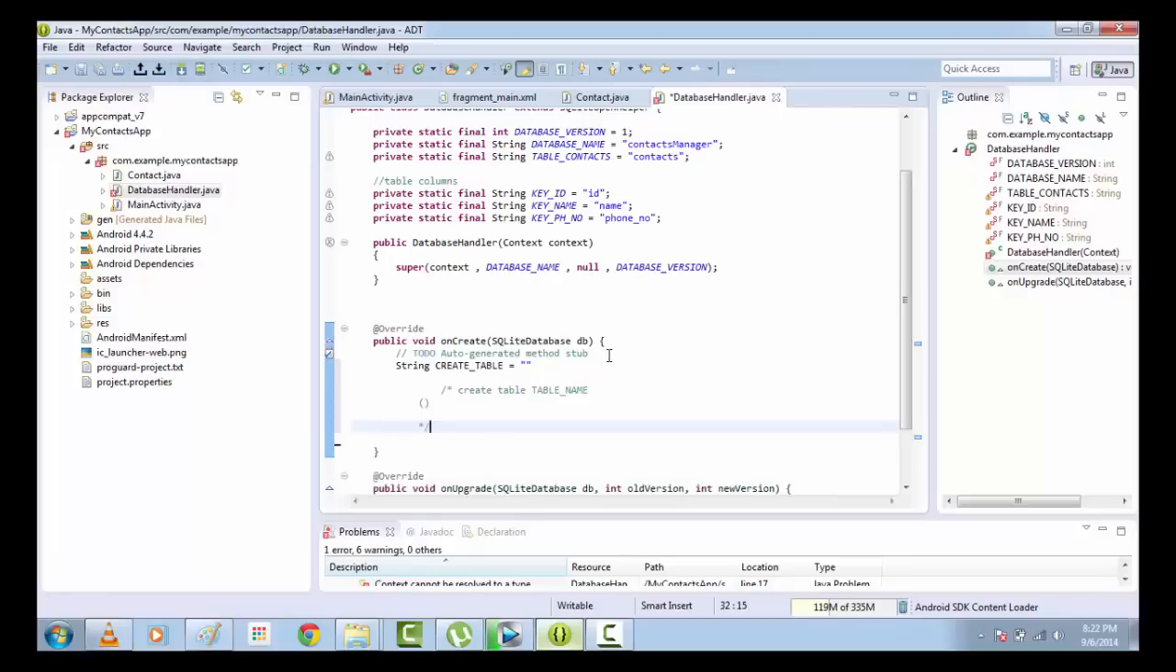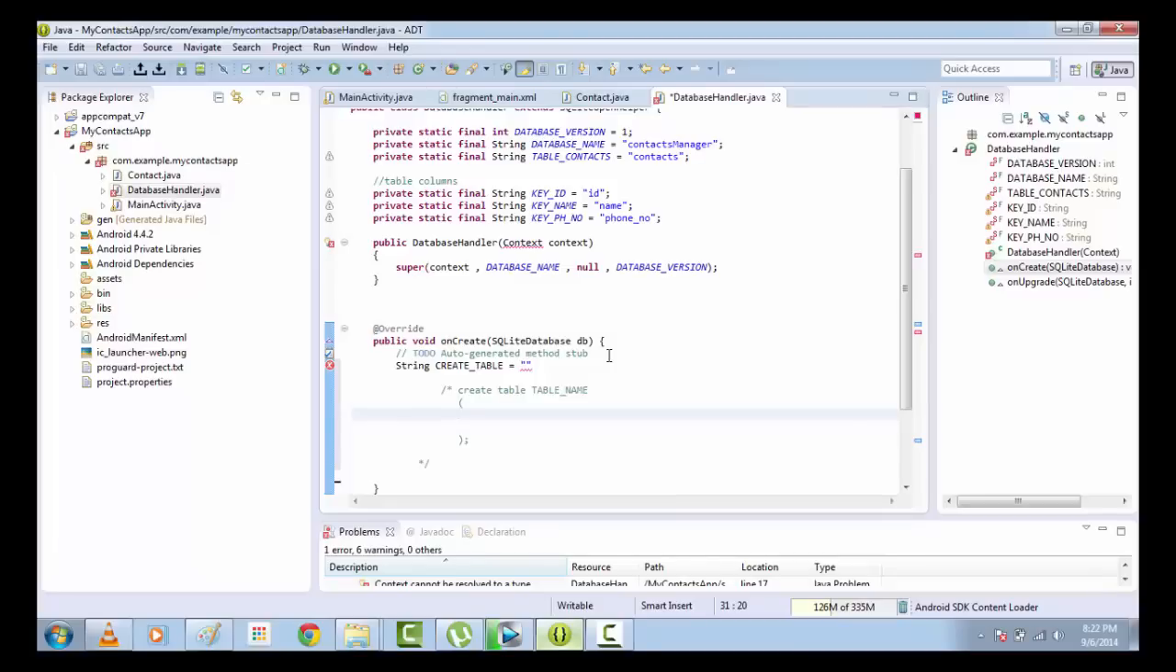I'm commenting this. Inside that you write, this is how you create, and then you add the fields, that is the attributes. If the primary attribute is id, then id, and its data type is int, and if it is a primary key, then primary key, comma, then name,